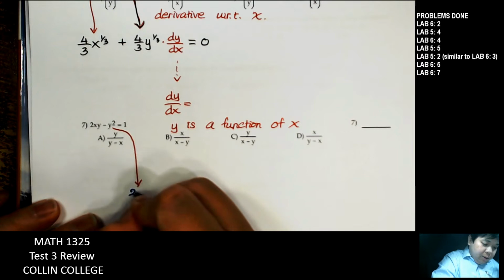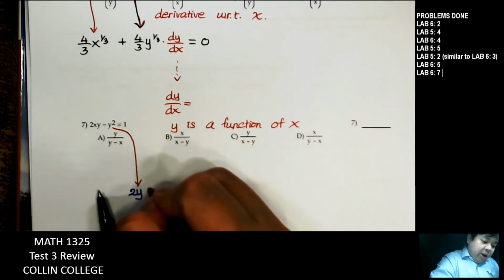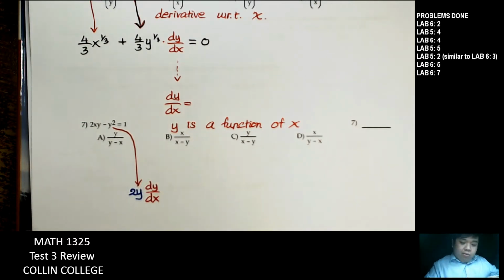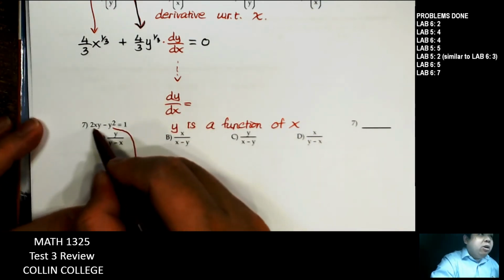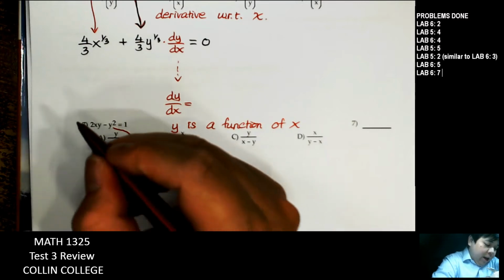Now we take y as a function of x, so we take the derivative term by term. Again, the derivative of y squared is going to be 2y, and then since y is a function of x,